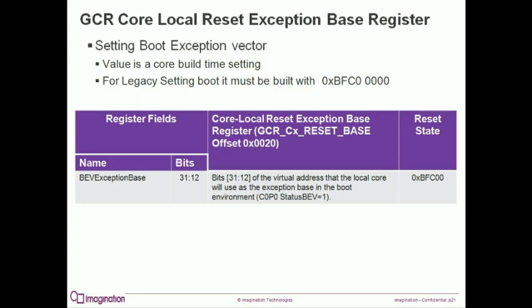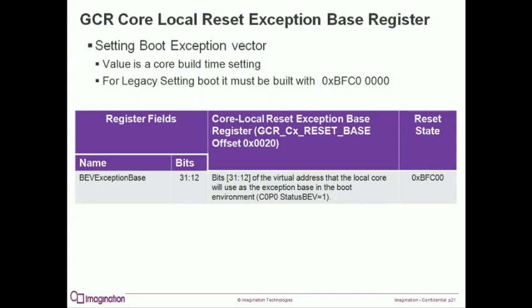If you wanted to have CPUs that use different boot code, you can access this register through the core other group from another CPU and set the boot address for this CPU. This register also depends on the setting of the next register, the core local reset exception extended base register. Bits 12 through 28 will also be used for bits 12 through 28 of the physical address for the boot